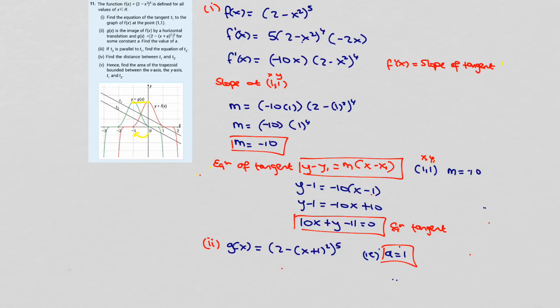So the third part then says if t2 is parallel to t1, find the equation of t2. Now the fact that t2 is parallel to t1 tells us that they have to have the same slope. So therefore we can say the slope of t1 must equal the slope of t2, which we found out is minus 10. And we know that because t1 is parallel to t2 and g of x has been shifted 1 unit to the left,